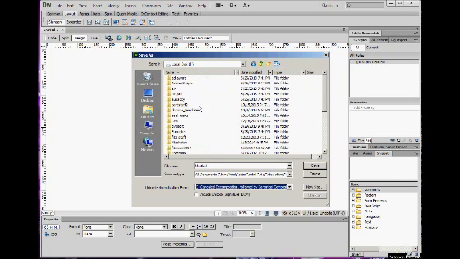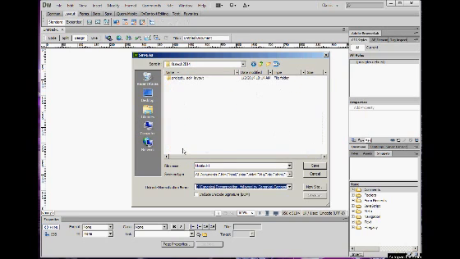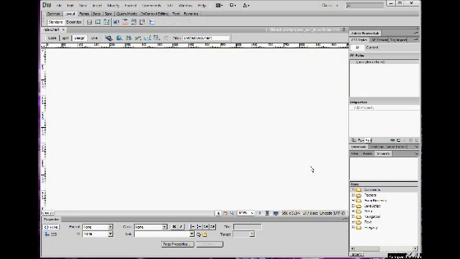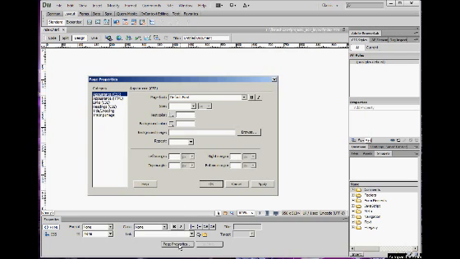So I have to get to the folder that I've created. Here we are, and it goes right in the project root directory. And the first page of every website should always be called index, and the program will add .htm or .html, either one. I'm using .html, and I click Save. So now I have this index page, and the first thing that we'll do is go to Page Properties, and